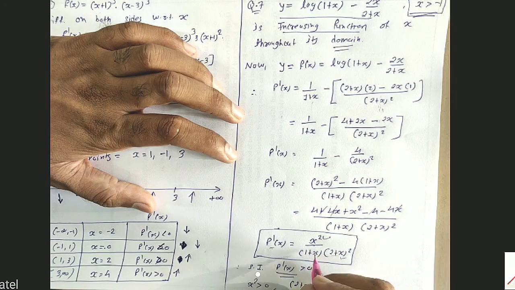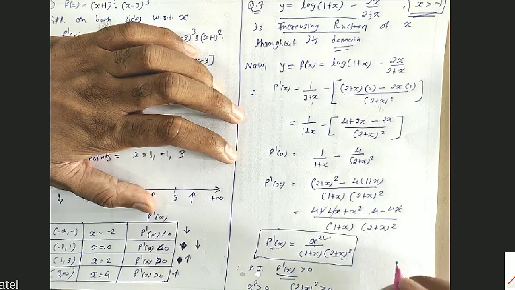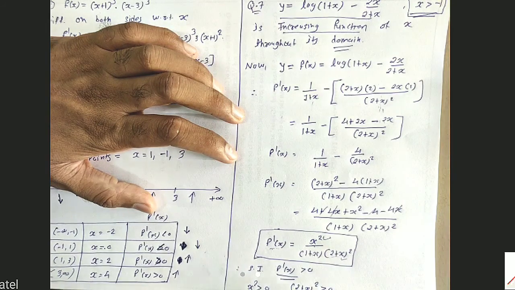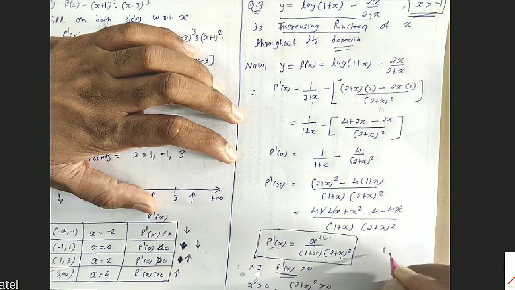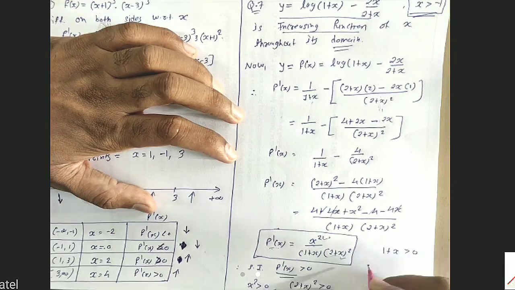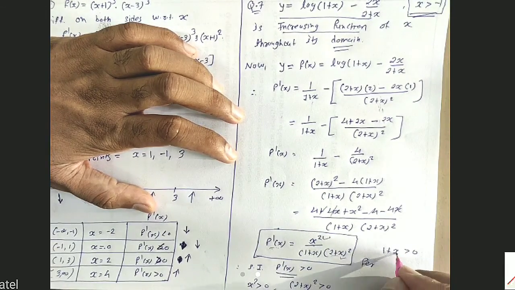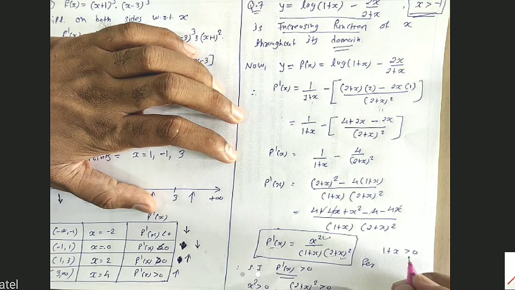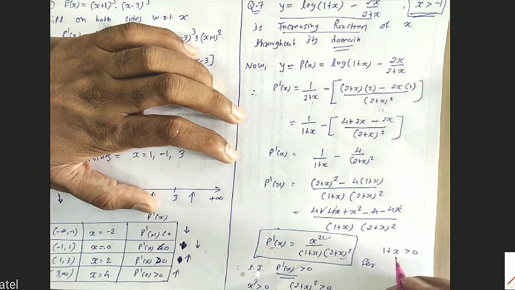1 प्लस x पर। अगर सपोज ये टर्म पॉजिटिव आ गई तो f dash x विल बी ग्रेटर देन 0। अगर ये टर्म नेगेटिव आ गई तो f dash x विल बी लेस देन 0। सो 1 प्लस x है ना, वो कब पॉजिटिव होगा? सो वी कैन से दैट 1 प्लस x विल बी ग्रेटर देन 0 फॉर, ये x 1 से बड़ा नहीं होना चाहिए, है ना। सॉरी, ये x 1 से छोटा होना चाहिए।